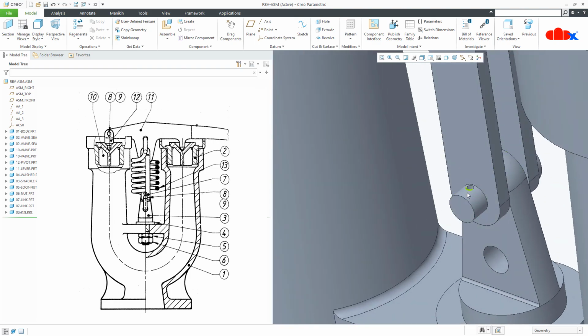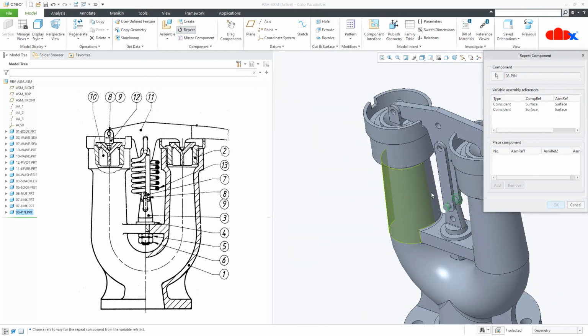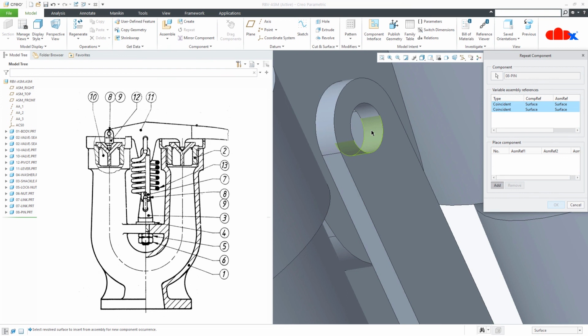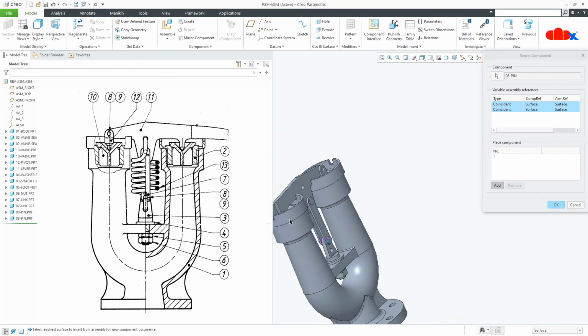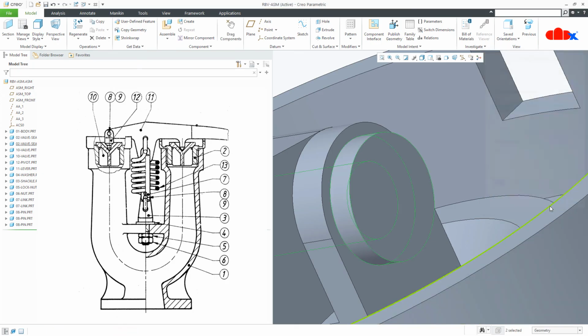Now you repeat the same pin 3 times. So select the pin, go to repeat, select these two constraints, add, select this face and this face, and then this face and this face, say OK.